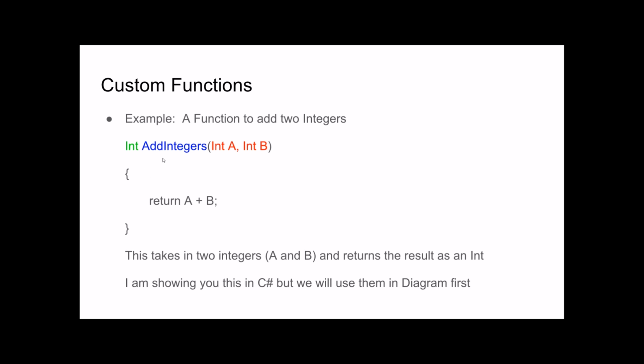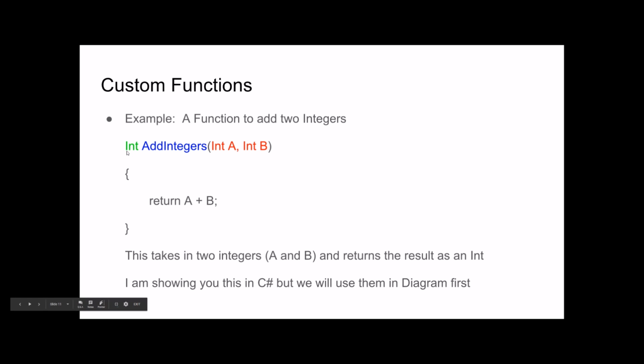And then once I put this together, I say all I want you to do is return, and what return does is it just says give me the result of this, and that's what I'm going to return. I'm going to return this int. And so this would be a very simple function. It returns an int, called add integers, takes in 2 ints, adds them together, and spits it back out here. And that's the return type.